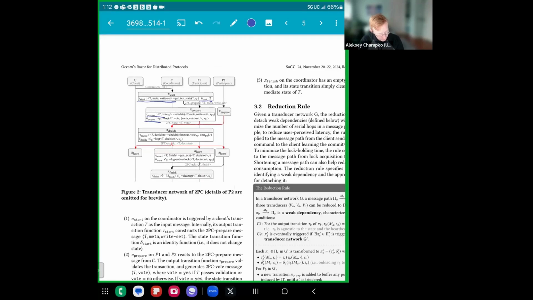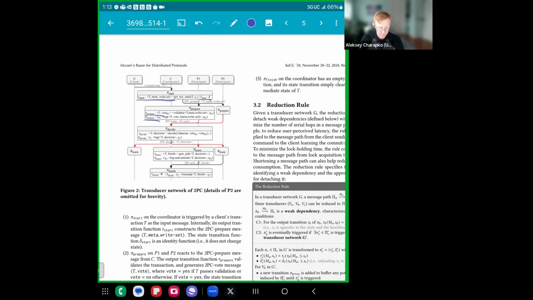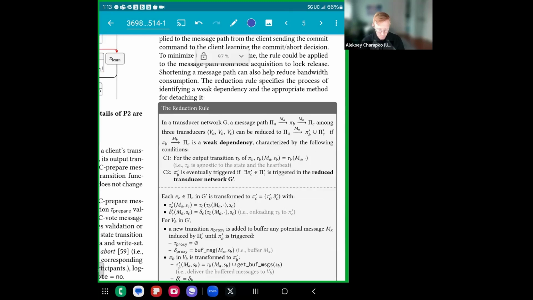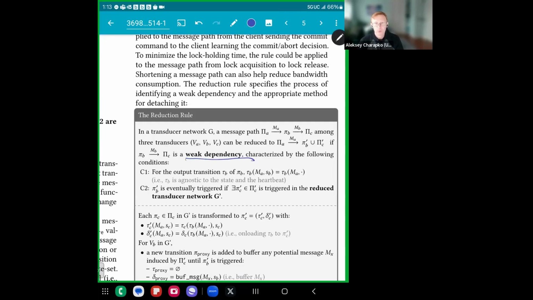Once you start to reason about your distributed systems as nodes that send messages and exchange local state, what they want to do is uncover something that they call weak dependencies, right? So the weak dependencies are sequential steps. So let's say node A sends something to B, B sends to C, right? So you have sequential steps A, B, C. And if it's possible to change the algorithm in such a way that you can send something from A to C and A to B in parallel, if you don't need to preserve that sequentiality, they say that it's